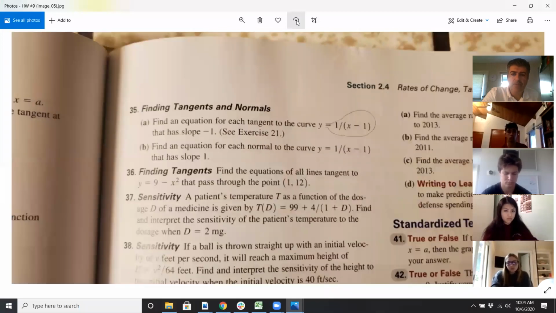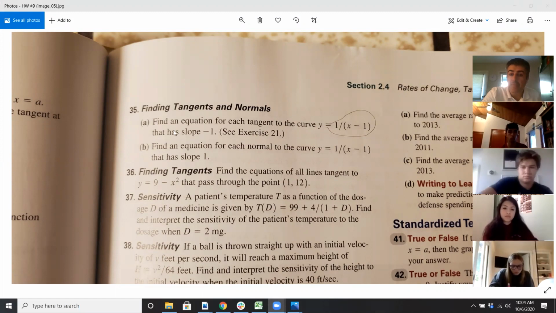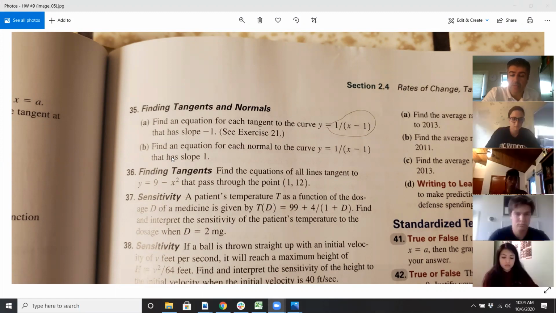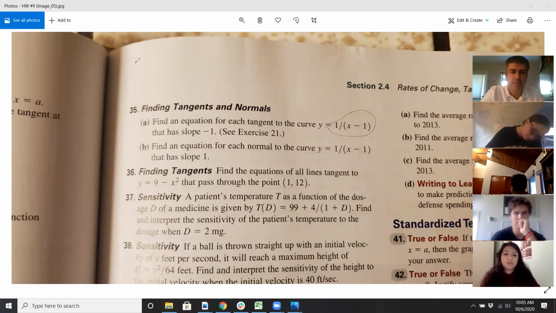Okay, so here you're asked to find the equation for each tangent to the curve that has a slope of -1, and then the normal has a slope. Okay, well, let's start with this one first. So you're taking the limit as h approaches 0